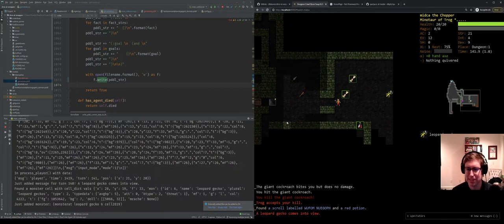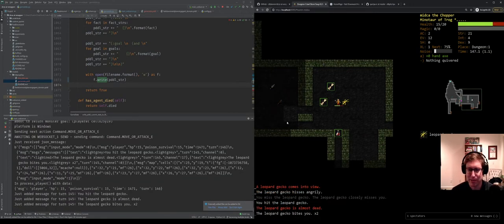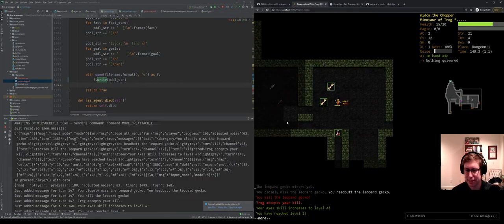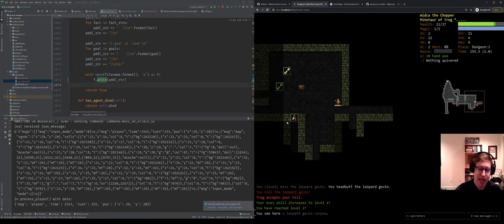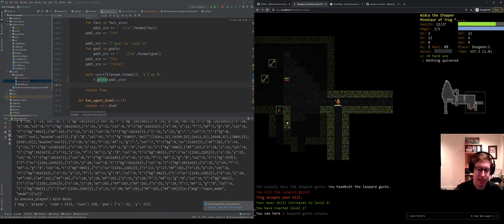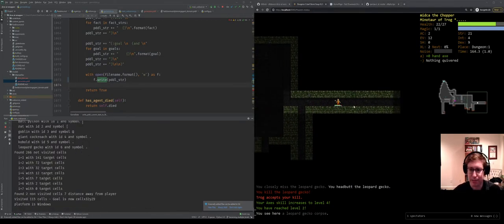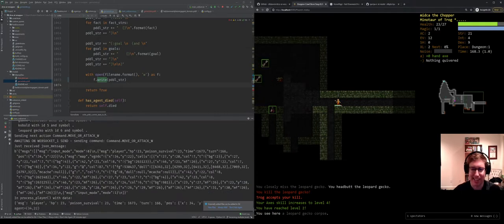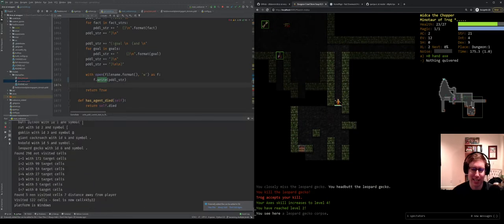Okay, killed some more monsters. All right, taking down this leopard gecko. Okay, a feature, if you saw, it just had a prompt in the messages at the bottom left here where it had to press enter. That actually took me a little while to figure out, to know when to press enter. I had to